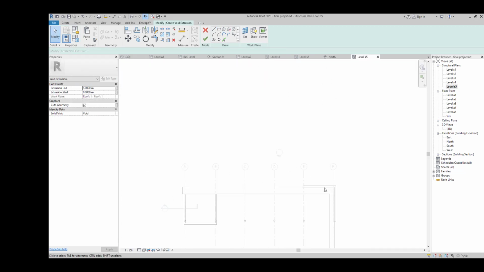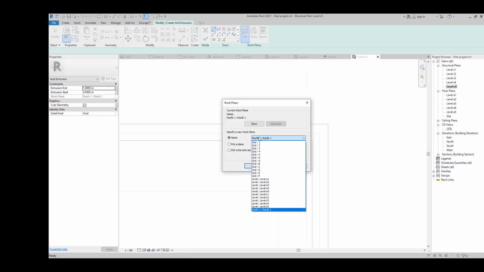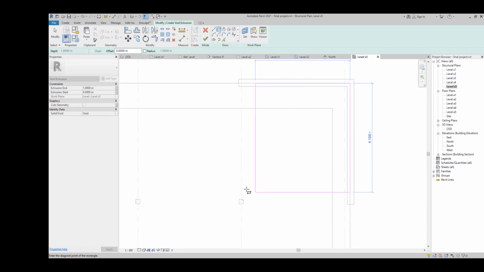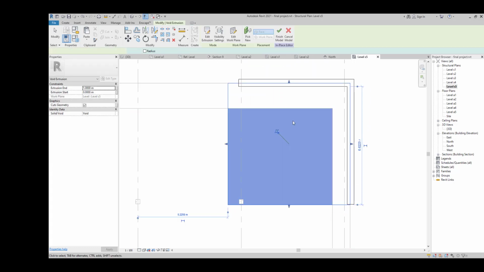we are going to S5, select our rectangle or line, but we need to set a plane. I'm just going to choose S5, okay, and after that I'm going to create a rectangle from here to here, and then click OK. We are going to have this void,